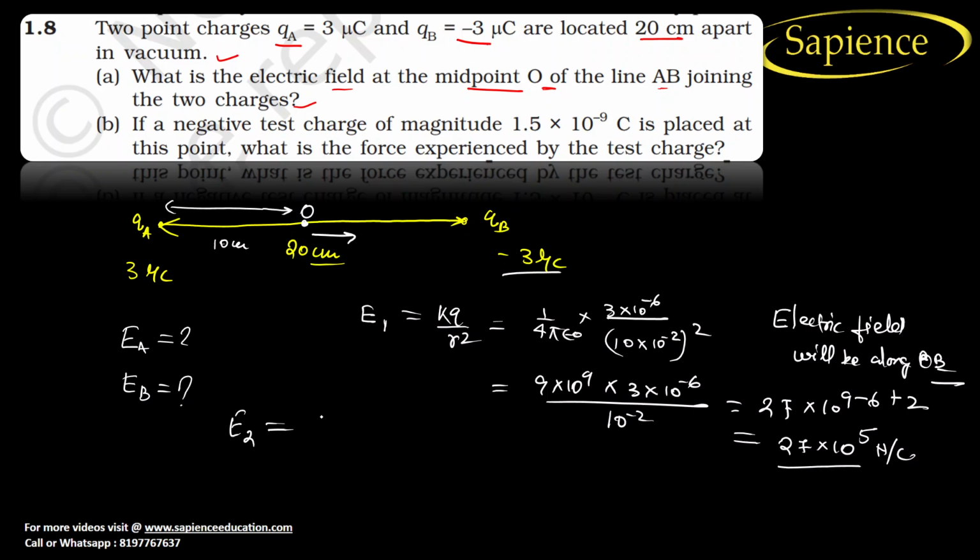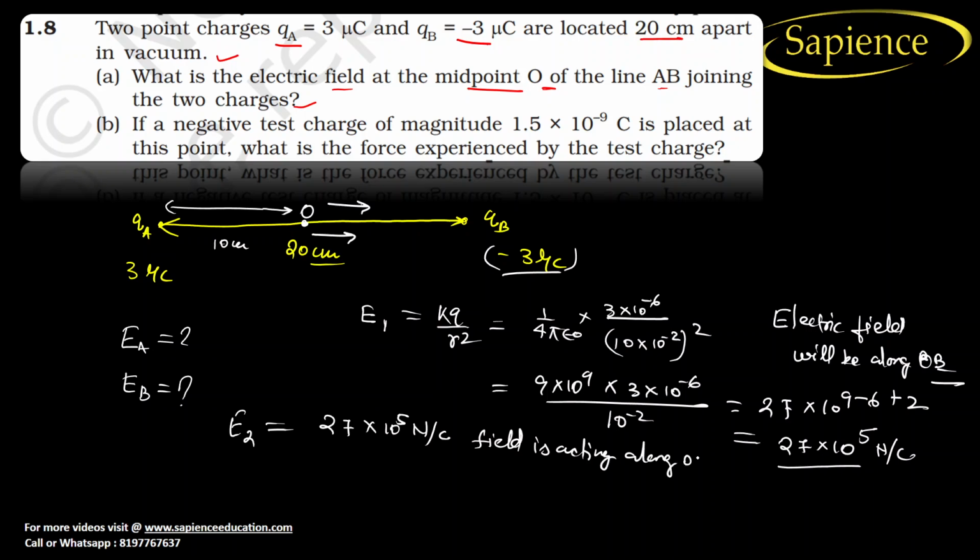So this will be probably the same formula we need to use, and we will get the same result, that is 27 into 10 to the power 5 Newton per Coulomb. But what is the difference? It will also act along this direction, right? Because it is a negative charge, so the field will also act along OB. So the field is acting